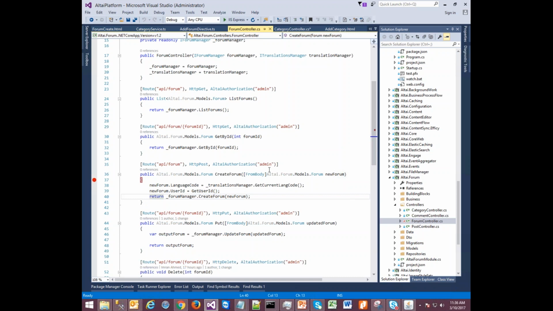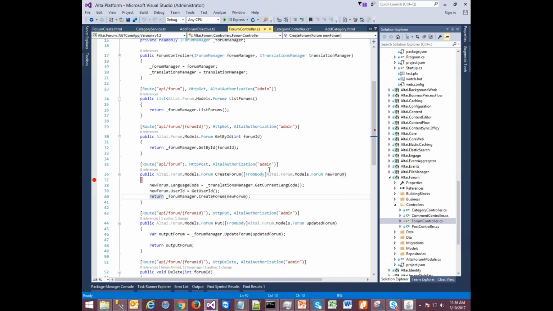So the resource is there, and what type of method it is is also there. Then it comes to this method. But this is not enough. Once it has come to create forum, I need this forum object to be saved into the database. If you do not mention this parameter called from body, it doesn't know from where to get that post